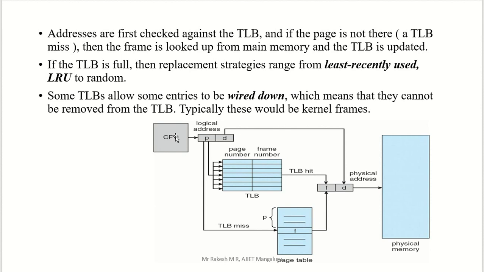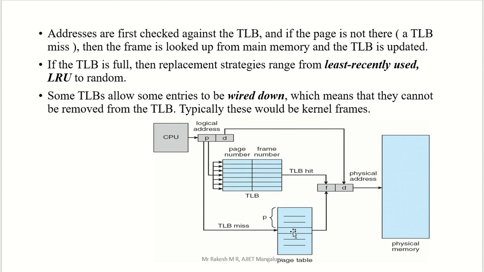But sometimes, in the initial condition, the TLB is blank, right? So now you search for the page number, but the page number is not there, so we search for that page number directly in the page table. The page table is in main memory, so we access that page table from main memory, and the page number is sent to the page table. Once you get that page table, you search for that particular page number.